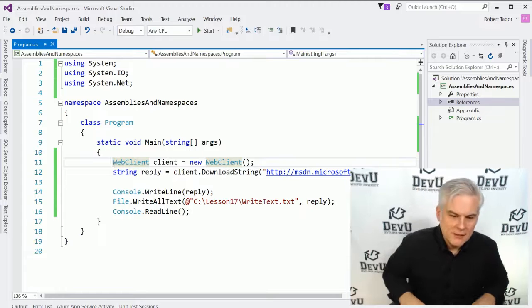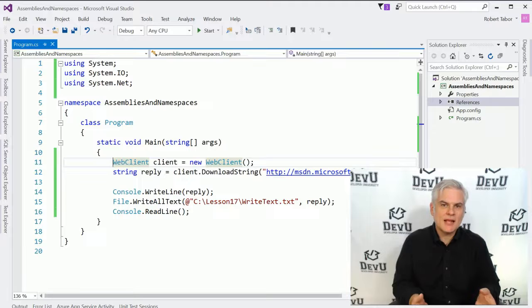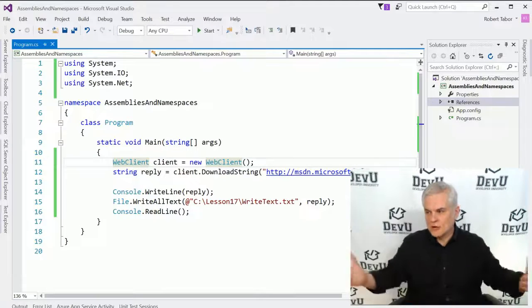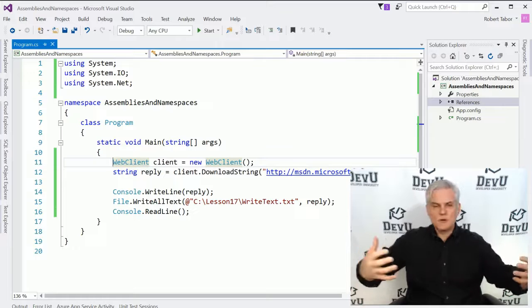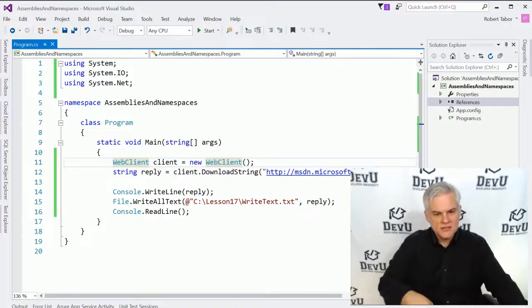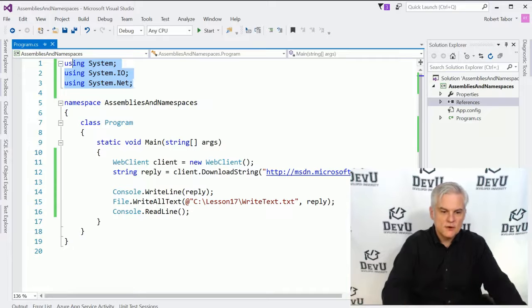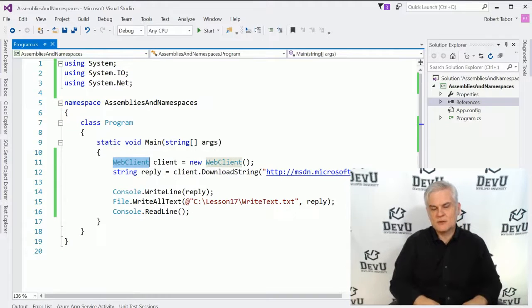And ultimately we did that by hitting Control period on the keyboard to add a using statement to the very top of our code. We talked about the purpose of namespaces to provide disambiguity between class names. We talked about the using statement as a way of creating a shortcut or a context and saying we're not talking about every class in the .NET Framework class library. We're only talking about the classes that happen to be in these namespaces. So if you find, Mr. C# compiler,